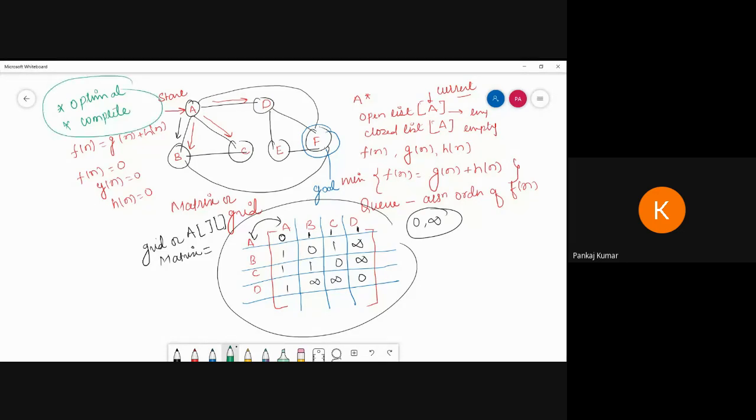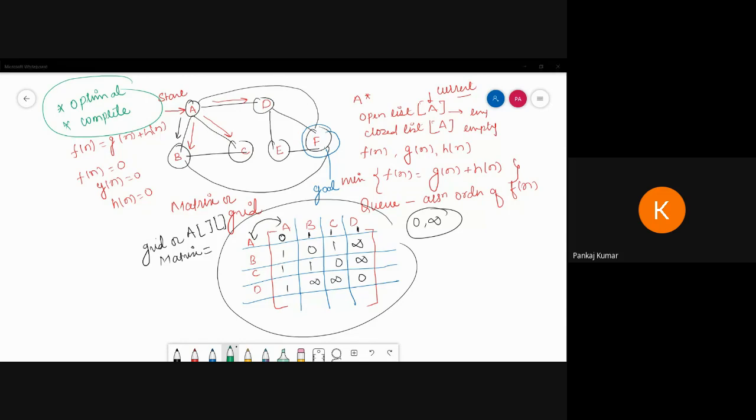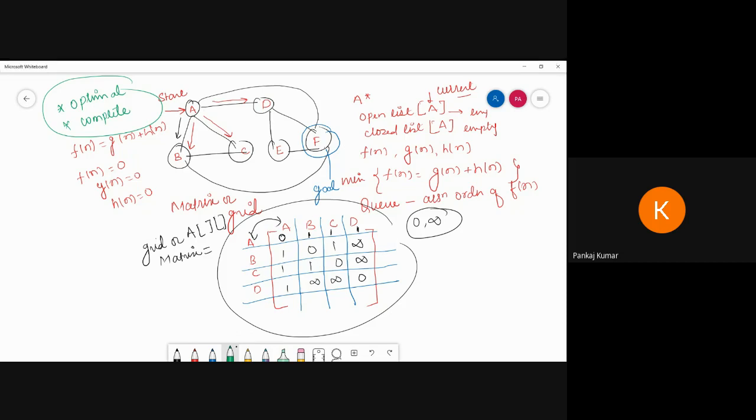Okay, so now I'm going to write a pseudo code of this algorithm, then you try to develop the code. So I am going to write a pseudo algorithm, then we have to write the code. Because you are final year students, at least I know the A star algorithm is very big. It will take too much time to write this code. But try at least once, to see whether it is possible to write the code or not.